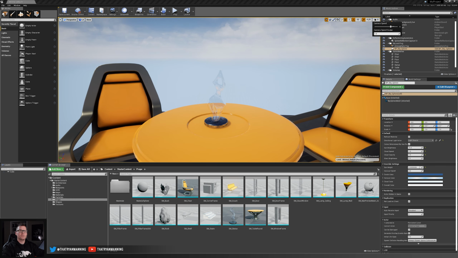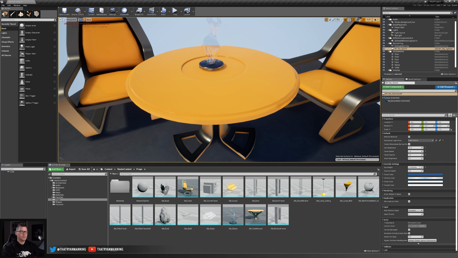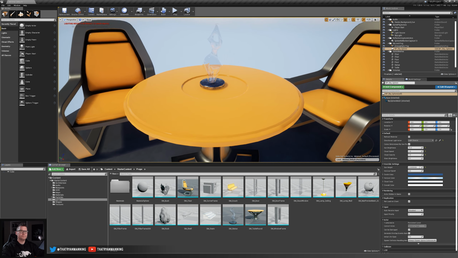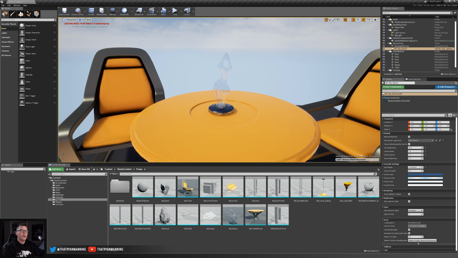So you can turn this down. For example, I can turn it down to 1 and you notice it's very, very slow. So if you want a little bit more precision. And then one other little trick here too is if you want to change this on the fly, as you're